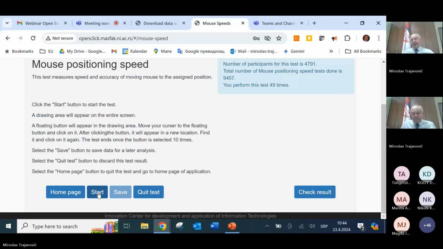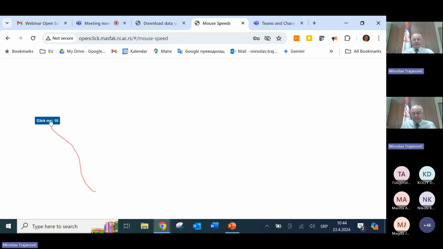And I should do it as fast as I can, but we are measuring not only the time, but we measure how straight my movement of the hand is. So let me see, I have to pick every